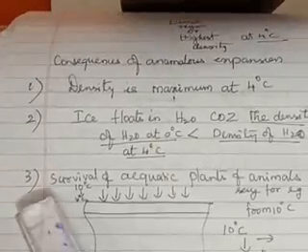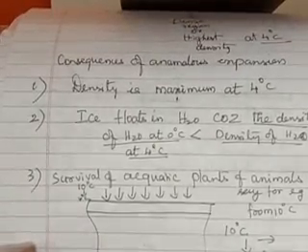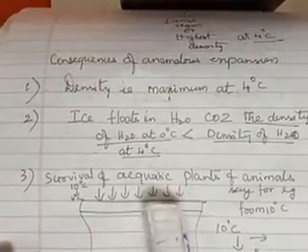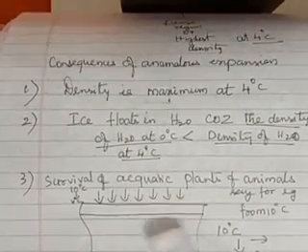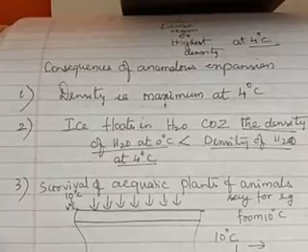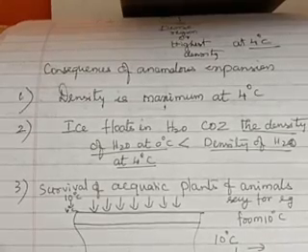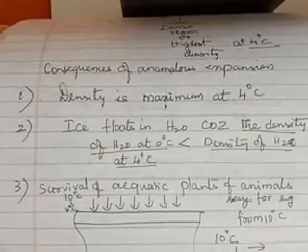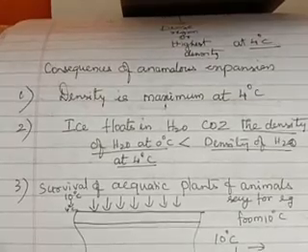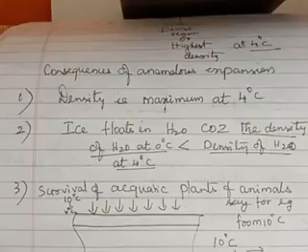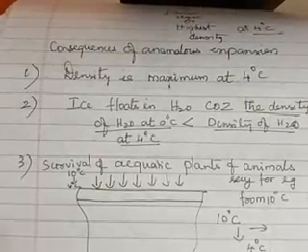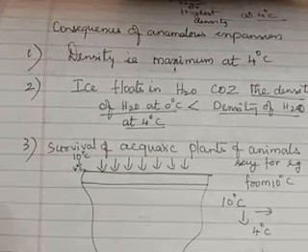Okay. Now, let us see the third very interesting point. What is that? How do aquatic plants and animals survive? Aquatic plants and animals living in a tropical area is okay. But aquatic plants and animals do exist even in cold countries like Russia, Japan, or in polar regions also. So how is it possible? Is it not surprising and wondering for us to understand?